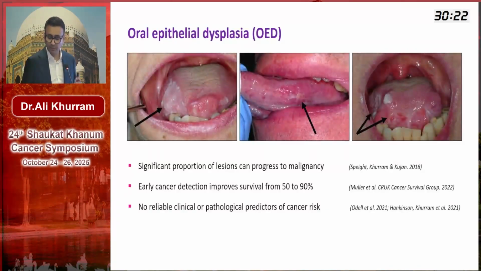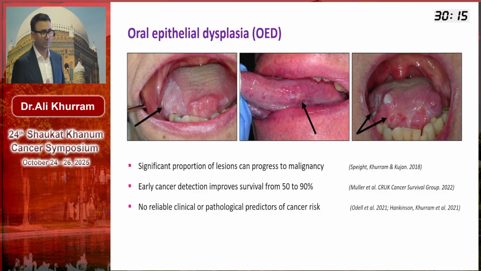But one area that I've been really actively involved in is oral epithelial dysplasia, because if we can identify the cancer or the risk of cancer before it develops, that will be a massive help, because a lot of these lesions will have dysplasia before it develops cancer. But as we know right now, they can have different clinical presentations. Not all dysplasias become cancerous as well.